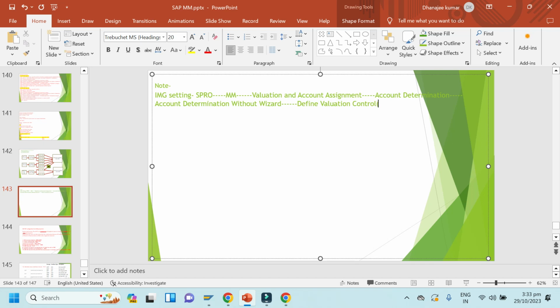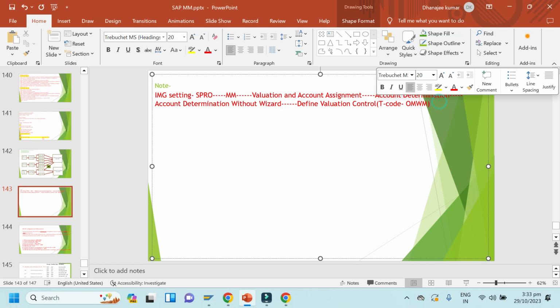T code OMWM. Okay, it's not visible, let me change the color. Okay, OMWM. So what is the first setting? So this one is the first point, we have to do the setting.